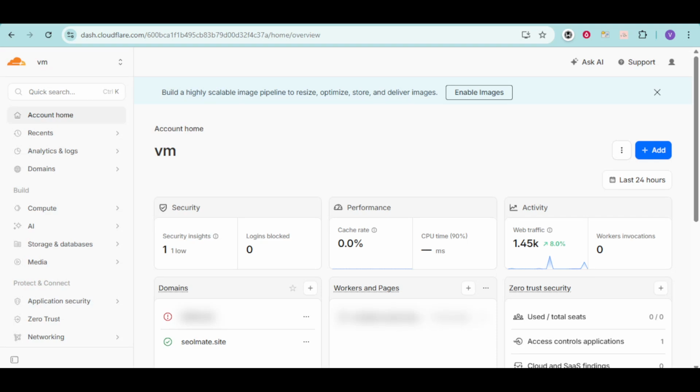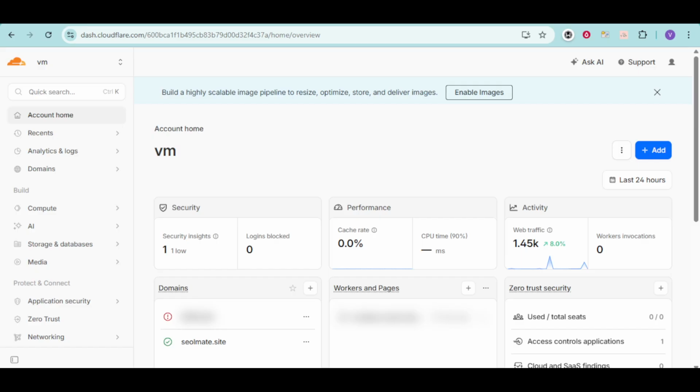In this video, you'll learn how to fix a Cloudflare proxy error in Shopify by correctly configuring your DNS settings in Cloudflare. If your Shopify store isn't loading properly or you're seeing connection or proxy-related errors, it often comes down to a simple DNS mismatch. We're going to walk through exactly what you need to check and adjust step by step so your domain points